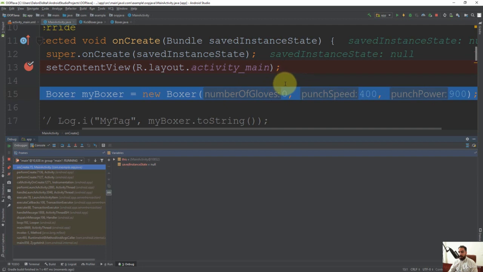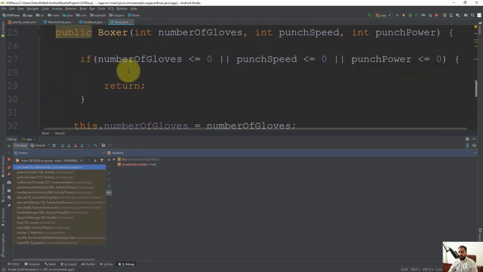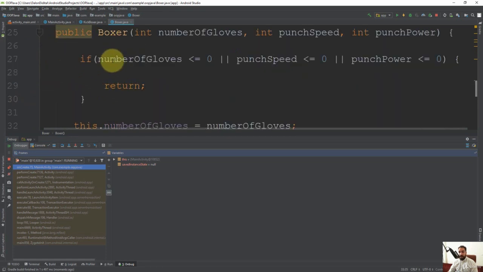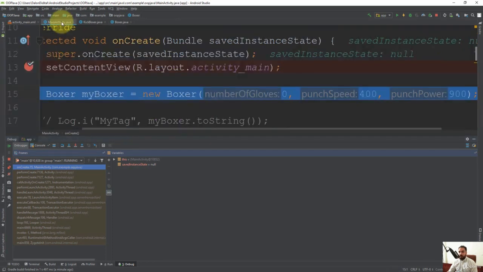So this means that it's gonna go inside the boxer class, inside the boxer constructor, and here it's gonna take a look at this if statement. And here we put OR logical operator. This means that only one of these expressions need to be true so that the entire expression evaluates to true, and it's gonna go ahead and go inside the curly braces of this if statement and execute this return statement. Let's go back to main activity, and I'm gonna go ahead and click on step over in order to execute